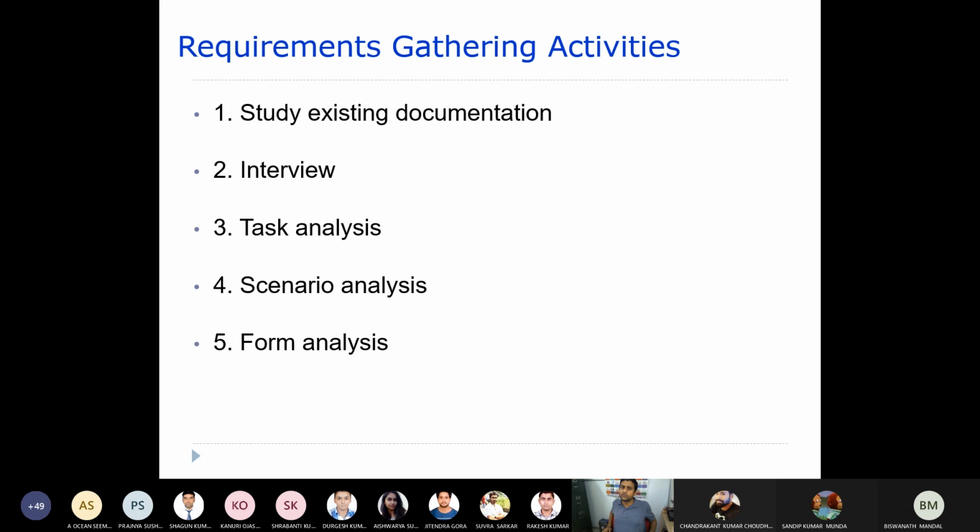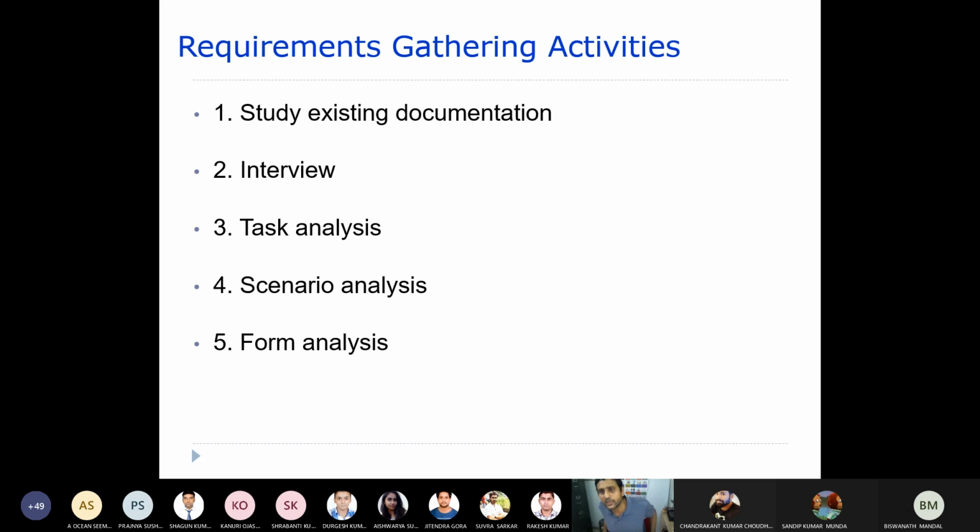Whoever is going to use that particular software, they are all the users. Now he will categorize different users like faculty. There are hundreds of faculties, so you may not be interviewing all hundreds of faculties, but you will take one representative faculty member. You will take one or two from the student pool. You will take one or two from the accountants. Likewise, you will categorize different users, and then you will interview them so as to verify that